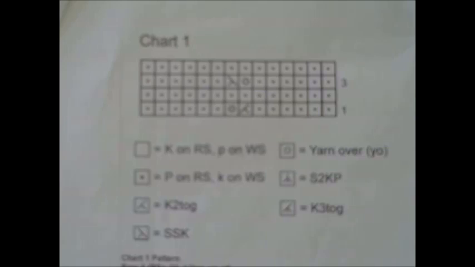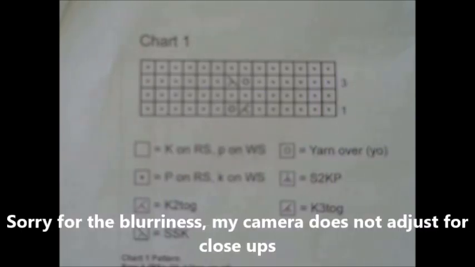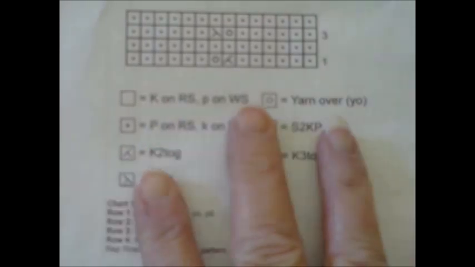So let's get started. This is a free pattern that I am demonstrating this from. It's actually from Lion Brand for a shawl collar slipover. And this is what a basic chart looks like. There is a key down below that tells you which the stitches are. Now, they are not uniform. They can vary from chart to chart. The majority of them do have a circle representing a yarn over, but other than that, the symbols can change